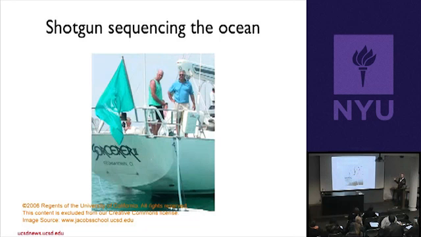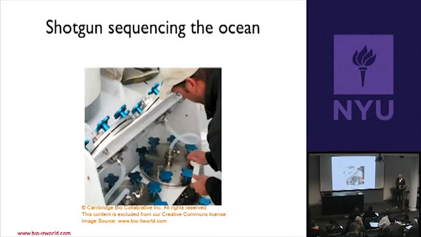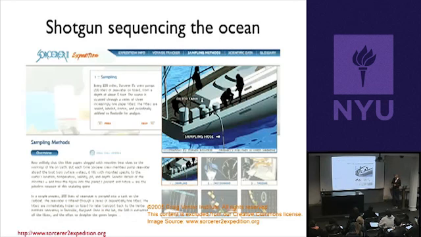So here's what they do. You can see that coming off this yacht is a big tube, okay? And what they do is they just collect seawater and they pump it into containers on the yacht, okay? And so if you go to their website, you can see exactly how this all works. So they have this hose that basically samples from the ocean, and then they have these filter tanks.